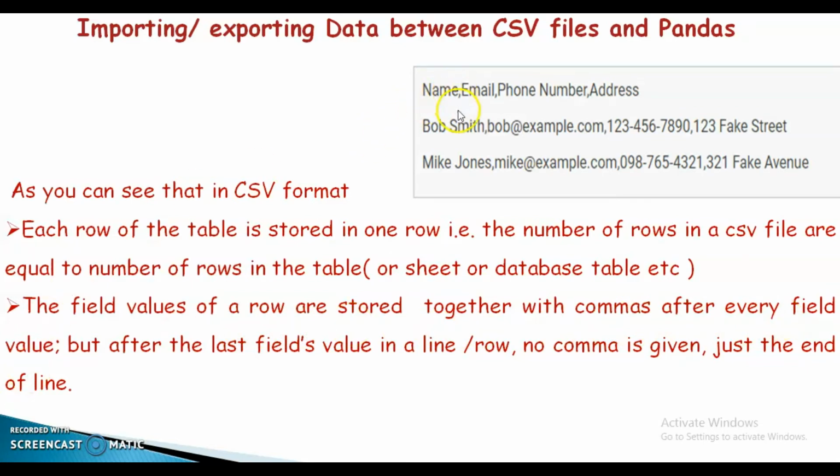Check this one, these all are commas. But after the last field's value in a line or row, no comma is given. At the end of this row we can't see any comma, just the end of line. Okay, clear? This is the CSV file format.